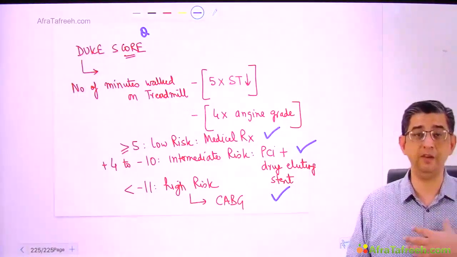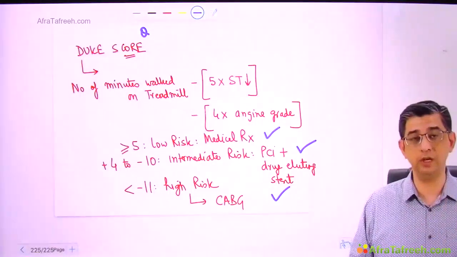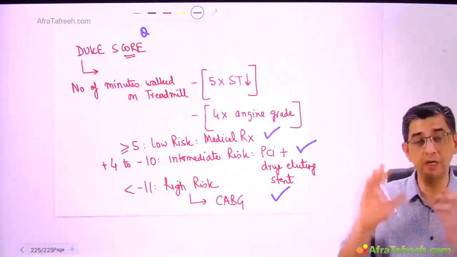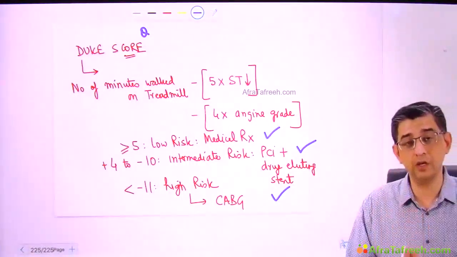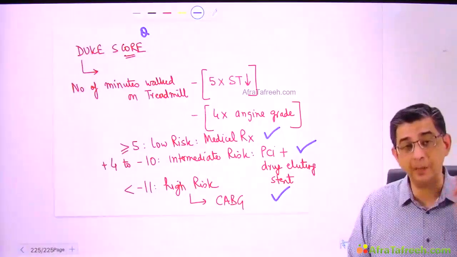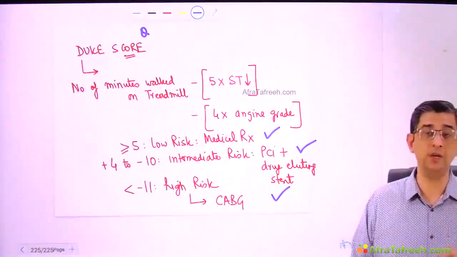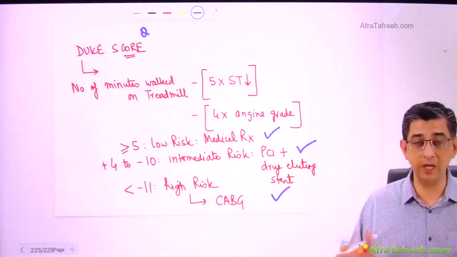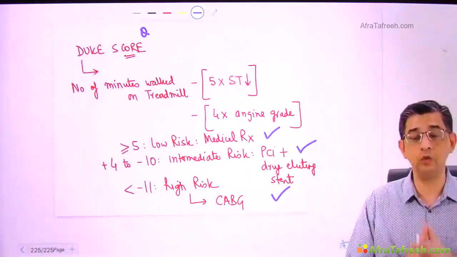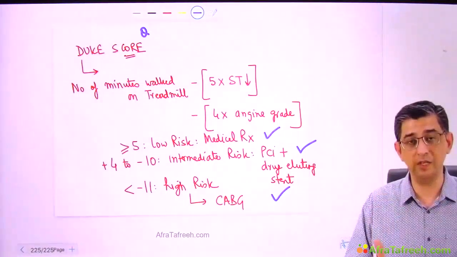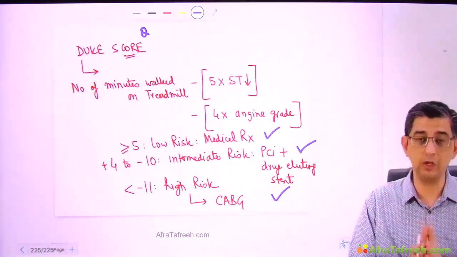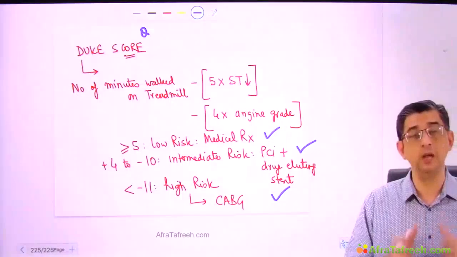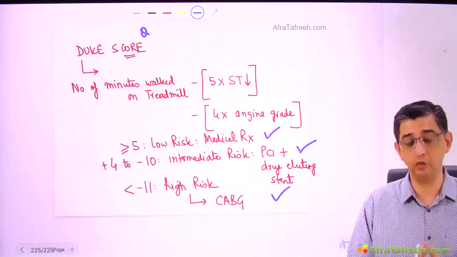I mean, if I was given an opportunity to diagnose chronic stable angina, the test that will have 100% accuracy will obviously be coronary angiography. But as you can understand, the practical issue is when you tell somebody, I'm going to take a transradial approach, femoral approach, the person is going to run away. So our objective is not to straight away talk about invasive tests. In the exam, and in clinical practice also, you will first talk about non-invasive tests by which you can identify the blockages in the coronary artery.